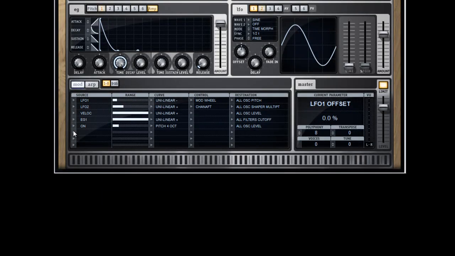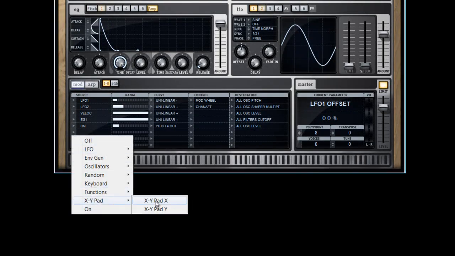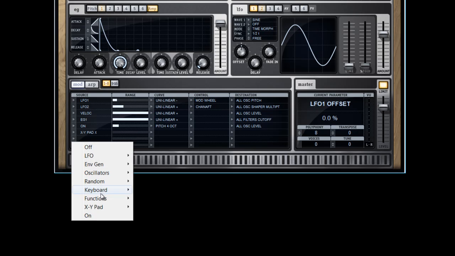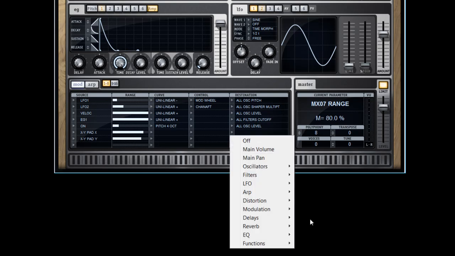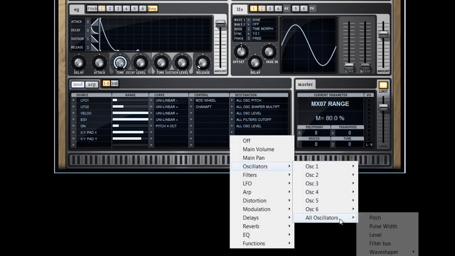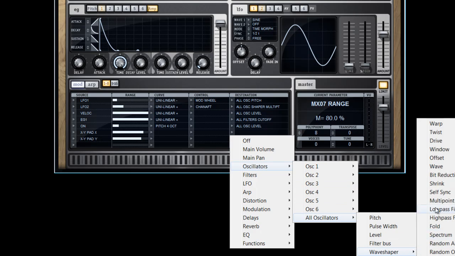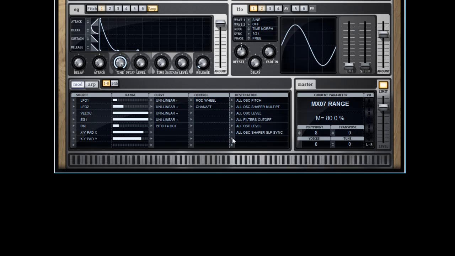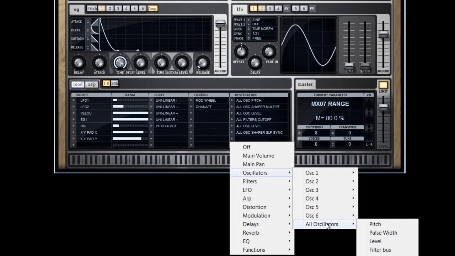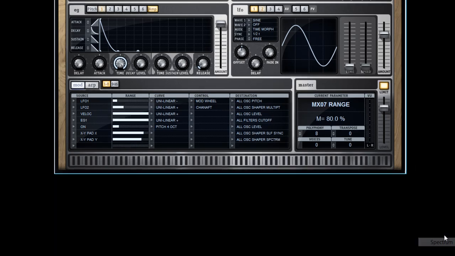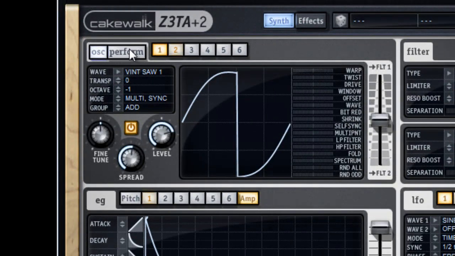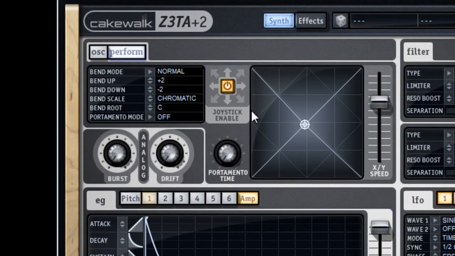We will enable the XY pad as a wave shaper. X and Y. The amounts, and we'll select oscillators, all oscillators, wave shaper, self sync, and spectrum. Now at the Perform tab, when we move the XY shaper,